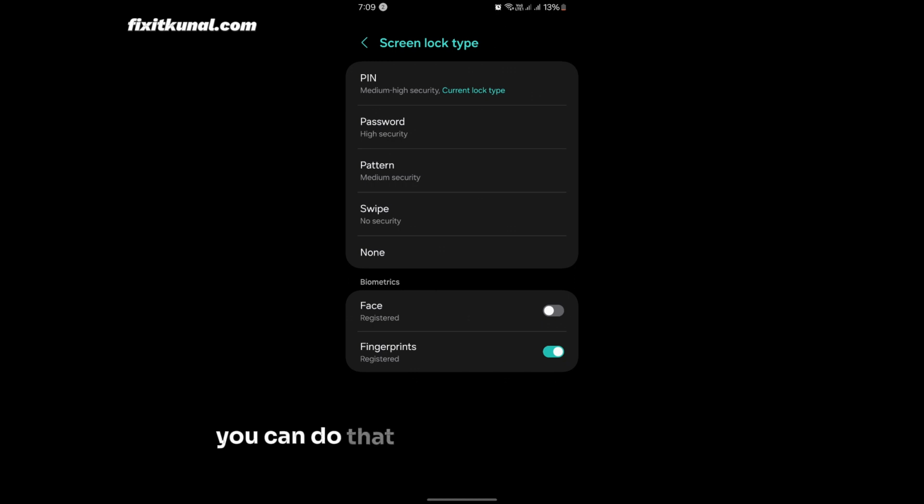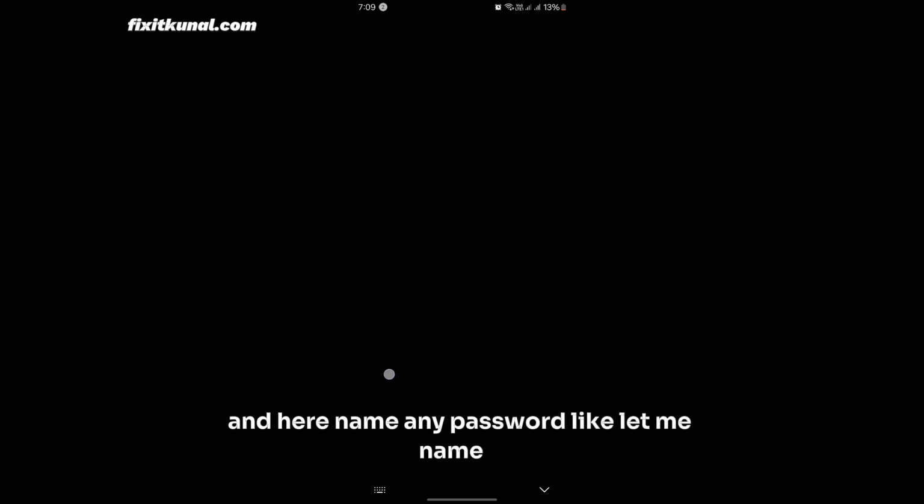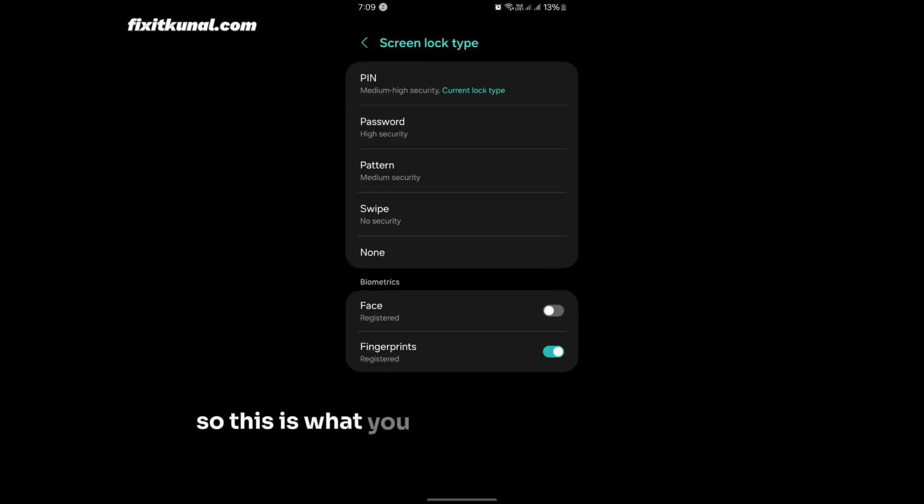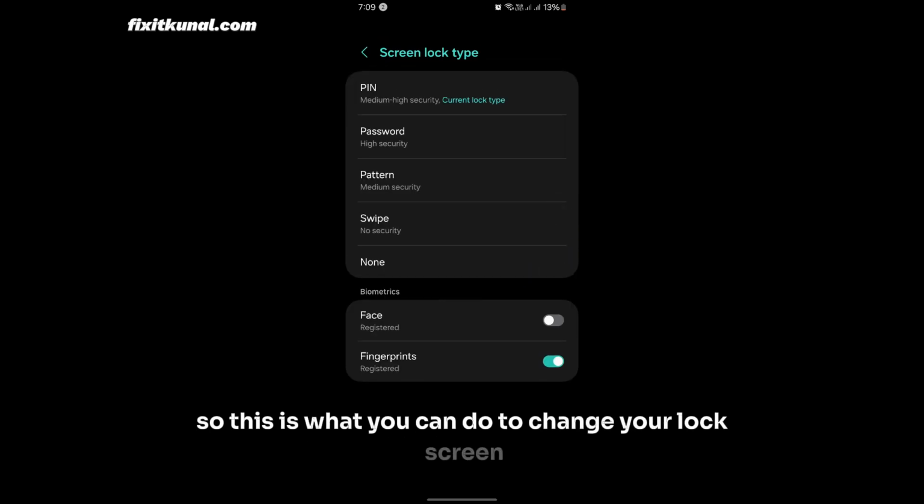Suppose if you want to change it from pin to password, you can do that too. Simply tap on password and here name any password, like let me name it. So this is how you can do it. So this is what you can do to change your lock screen pin code, password, and there are alternate options